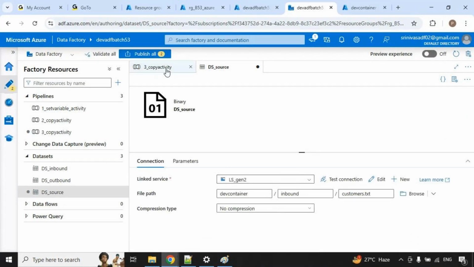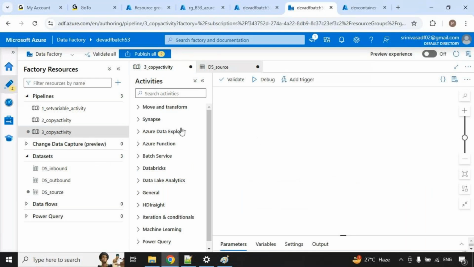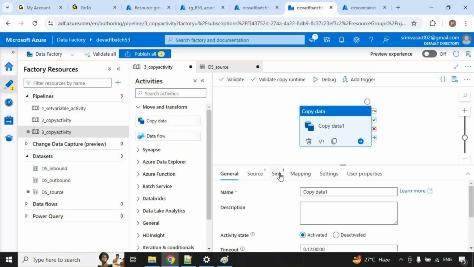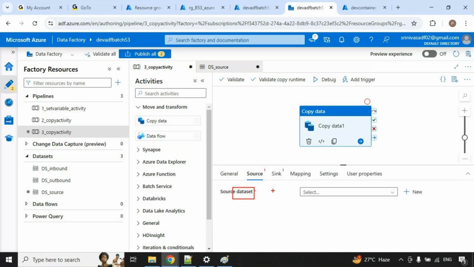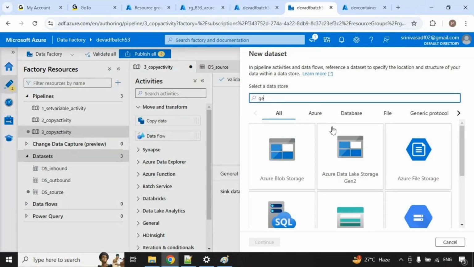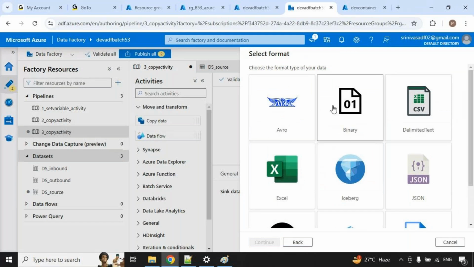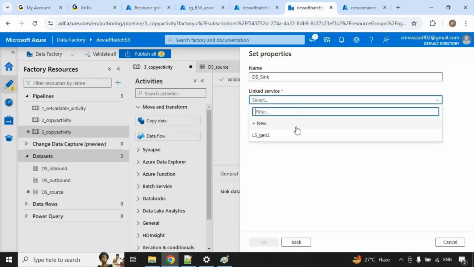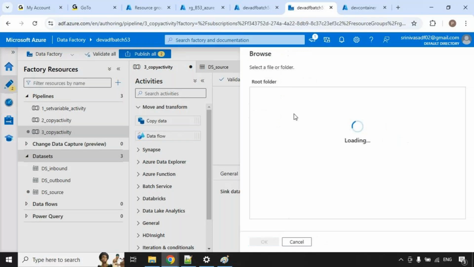And I want output. So here, guys, the pipeline contains a copy activity. The copy activity source expects a data set and the sink side also expects a data set. I created one data set for the source. My sink is the outbound folder, so I'm going to create a data set for it, ds underscore sink, connecting to the Data Lake,